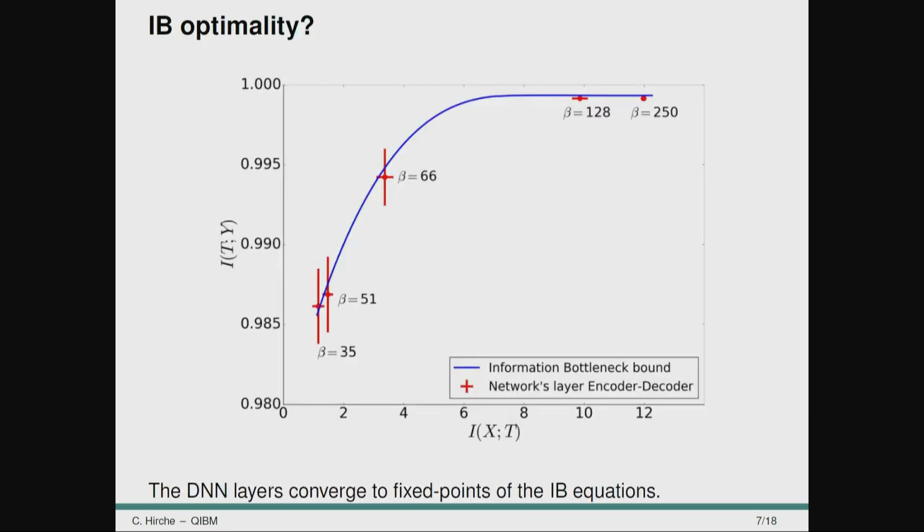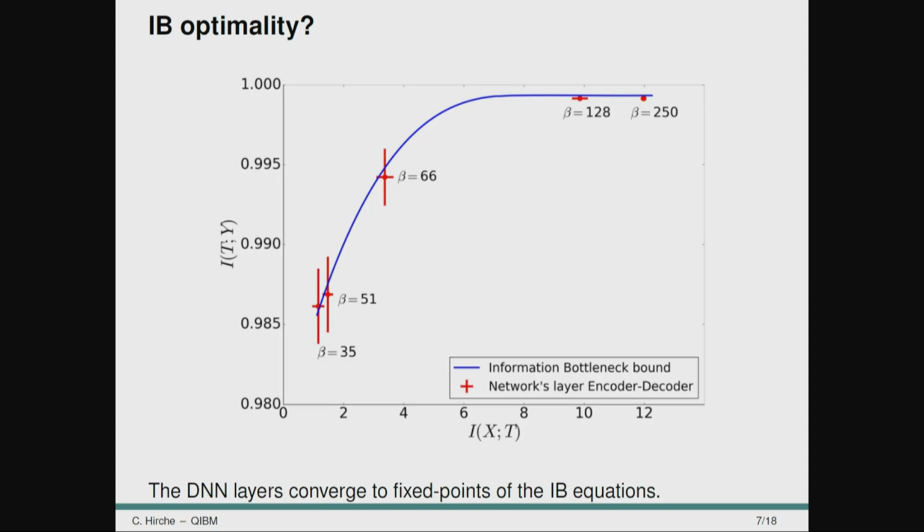And one last slide about this. So what they also found for very particular problems is if you plot the optimal information bottleneck curve and you plot the layers of the neural network, you actually get that those are surprisingly close. So for some problems, it seems that deep neural networks really approximate this optimal behavior which we might want to have. And this kind of suggests that we can use the information bottleneck function also as a benchmarking procedure for machine learning applications.